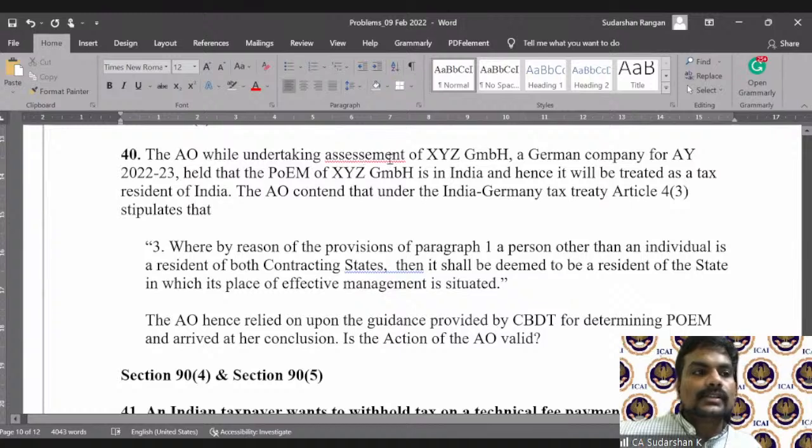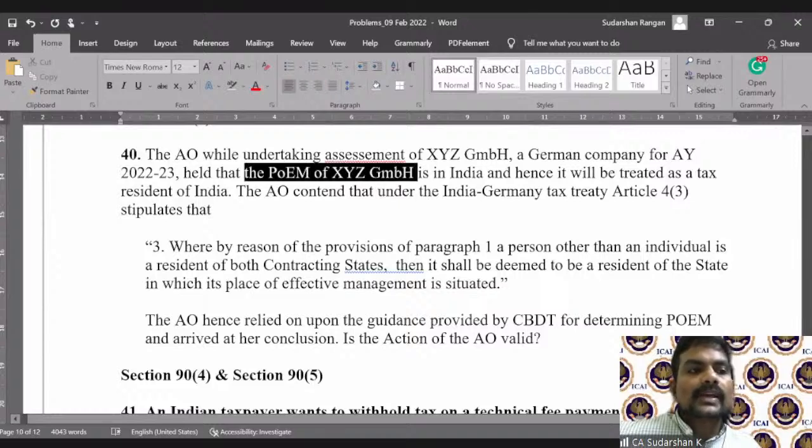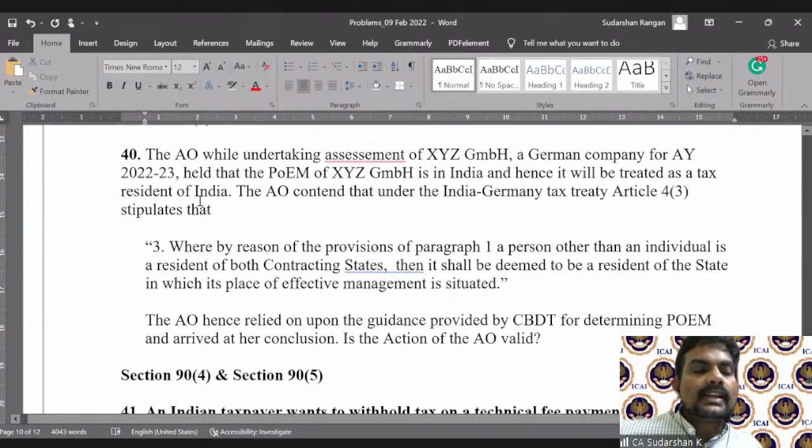The assessing officer, while undertaking assessment of XYZ GmbH, a German company, for assessment year 22-23, held that the place of effective management of XYZ is in India, and hence it will be treated as a tax resident of India. The assessing officer contended that under the India-Germany Tax Treaty, Article 4.3 stipulates that